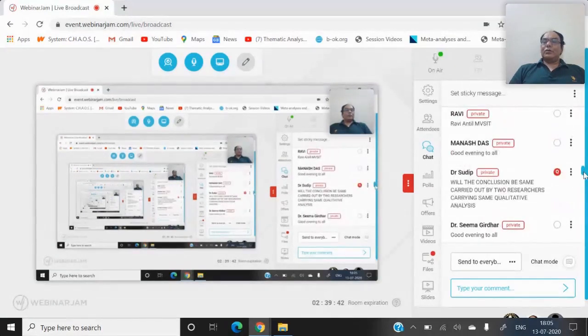Okay. So Dr. Sudeep has one red light. Will the conclusion be the same if carried out by two researchers carrying out the same qualitative research? Yeah, this is a good question about qualitative research. The problem is that in qualitative research, suppose two persons ask the same question to one manager, it is possible that you will get different answers, right?